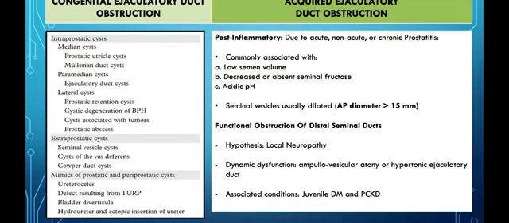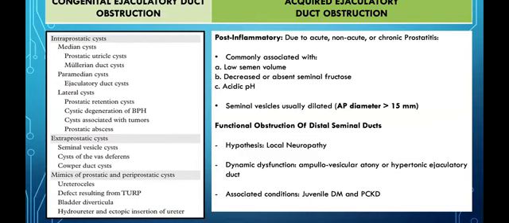Some of the congenital ejaculatory duct obstruction causes will be those cystic structures. The ones that I think we deal with most commonly are either your medial cysts or your prostatic utricle cysts that can be quite large, or your Mullerian duct remnant cysts, and then your paramedian cysts, which are your ejaculatory duct cysts. The more lateral cysts are a lot more uncommon, as well as your extraprostatic cysts. They're quite rare. I've actually never seen seminal vesicle or vas deferens cysts, but there are things that you need to take into account as potential causes for ejaculatory duct obstruction.